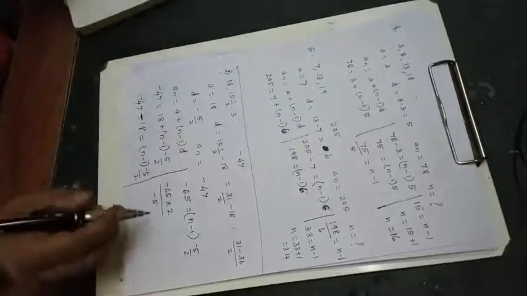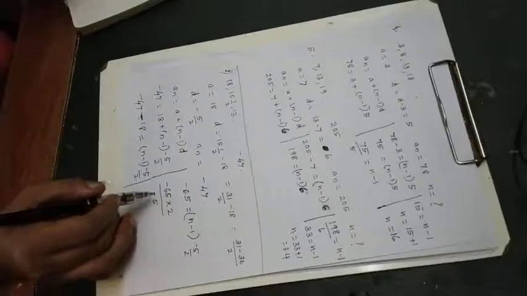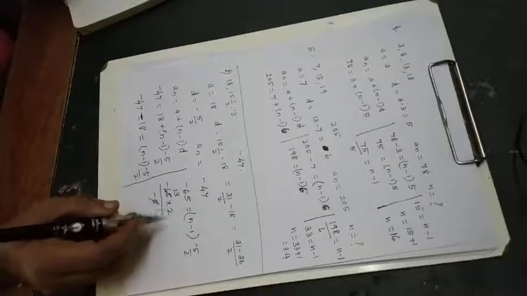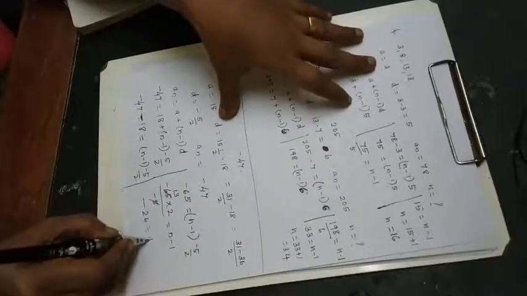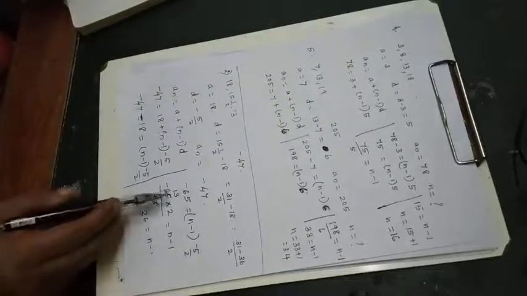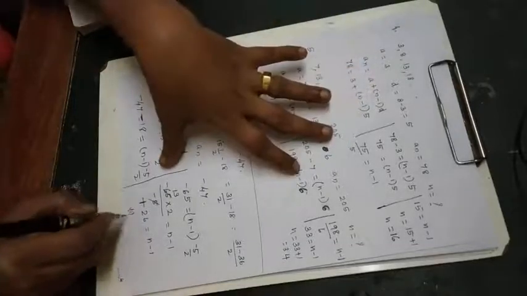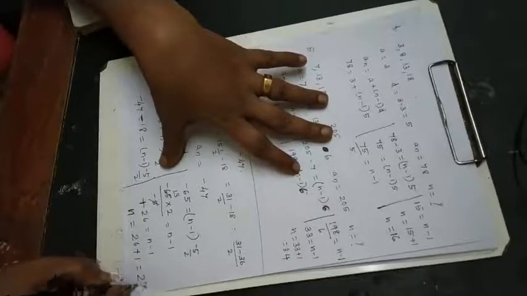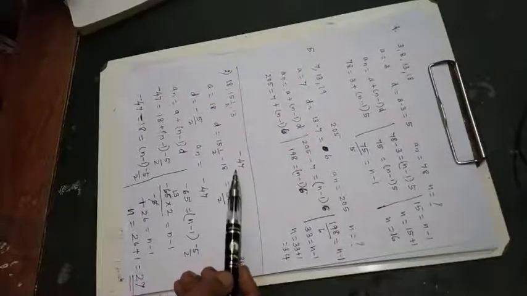So negative negative you can cancel, so it will be a positive quantity. Now 65 divided by 5, so it will be 13 into 2, 26 is equal to n minus 1. So n minus positive 26, negative negative will get cancelled. Now positive 26 is equal to n minus 1, or n is equal to 26 plus 1, that is equal to 27. So 27th term is our negative 47 by 47.